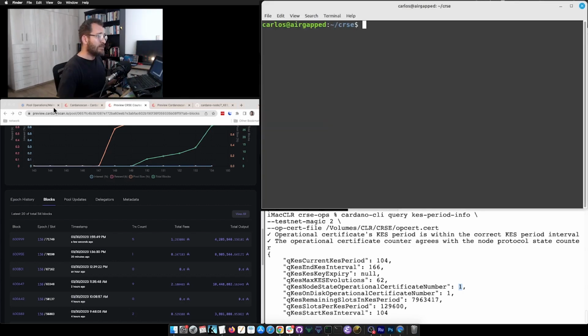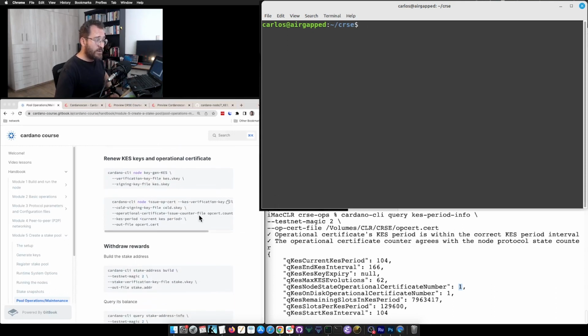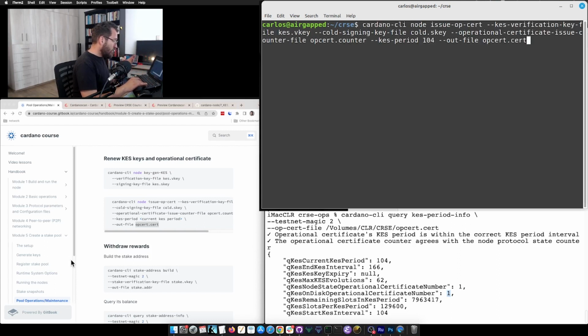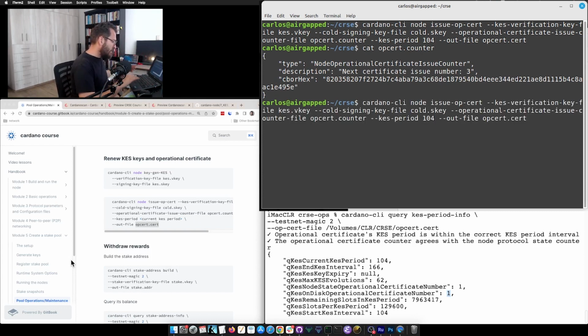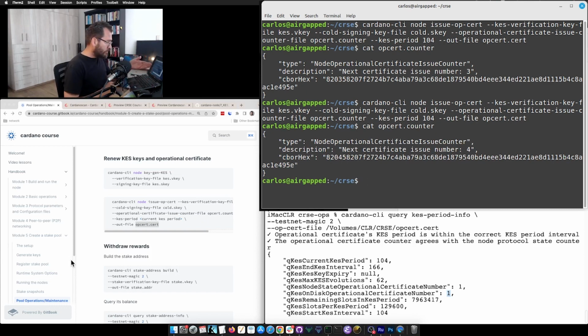And for that, let me just come back here to my guide over here. And the only thing I need to produce a bad one is to actually run this command 2 times. And now I'm going to produce a new operational certificate. I have done it now, so I have an issue-op-cert.counter. Now it's saying 3. But if I, for whatever reason, make an accident, I run this command again, now my op-cert.counter will say 4. And if I use this one,